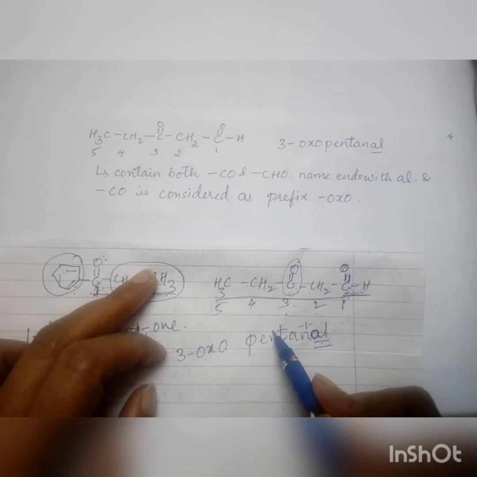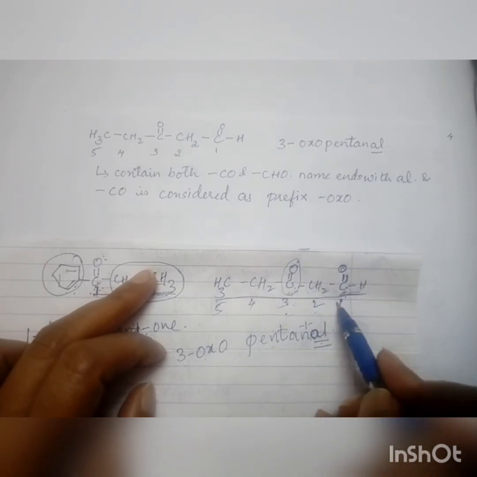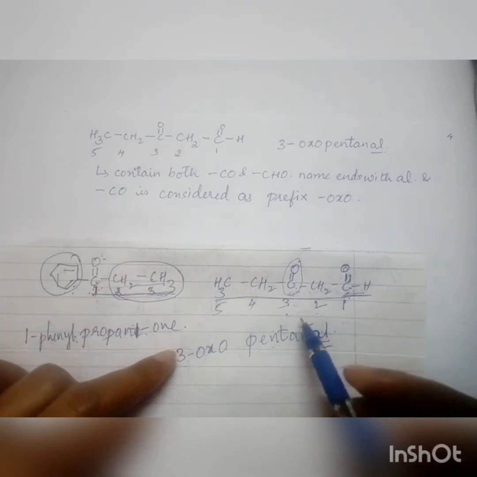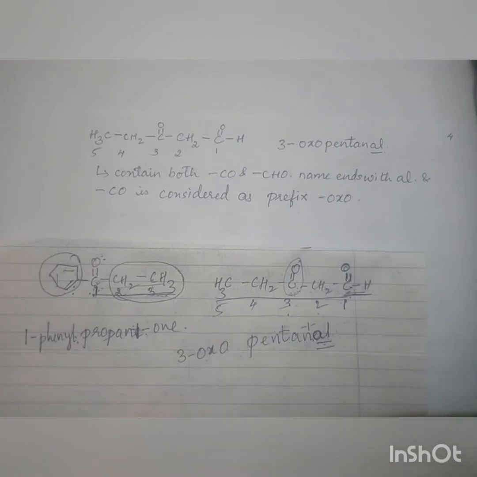So this is how you should name the compound when two different functional groups, that is aldehyde and ketone, are both included in it. So this is how we have some of the names of the compounds, that is aldehydes and ketones. So let us wind up over here. In the next class, let us further discuss.